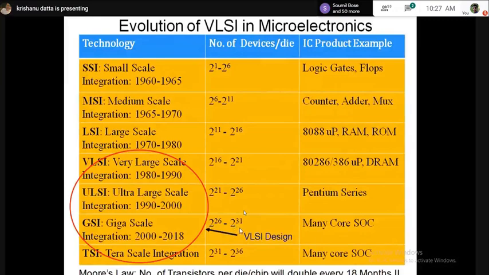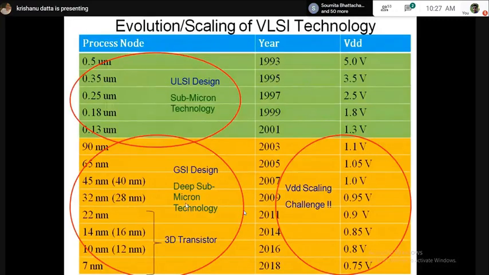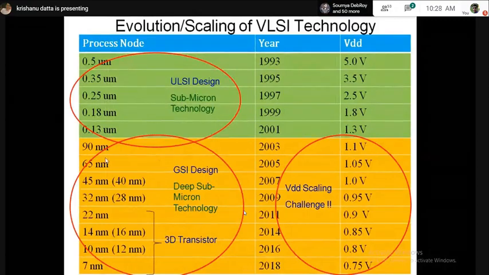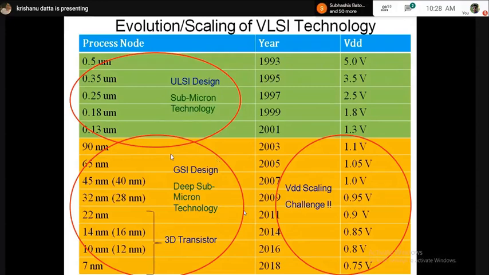To enable that many transistors in a microchip, we entered into the yellow zone. In the yellow zone, the L gate is represented everything in terms of nanometer. So that is called nanotechnology. Deep submicron technology and nanotechnology are both synonymous. Now, another interesting thing: from 22 nanometer onwards, all transistors I am showing are 3D transistors. It is actually called FinFET.